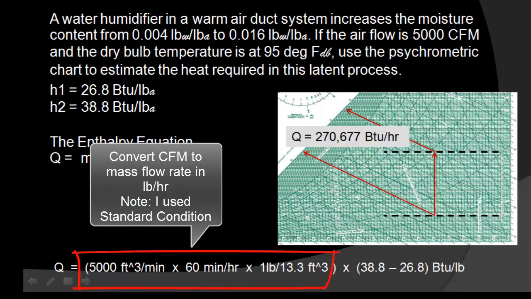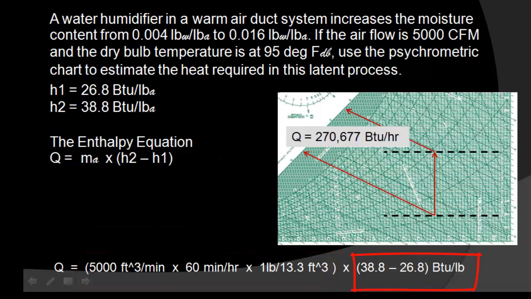So just as in our previous examples, we have to determine what the mass flow rate is for 5,000 CFM. Note that I have decided to use the conditions for standard air to determine the mass flow rate based on this 5,000 CFM as follows. 5,000 CFM, cubic feet per minute, times our 60 minutes per hour, times the specific volume of air as 1 pound per 13.3 cubic feet, times the change in enthalpy. In doing the math, this comes out to